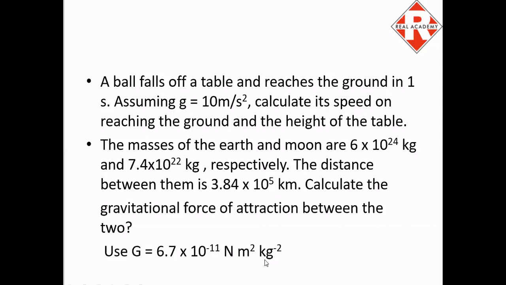So let's just draw a small diagram so that you understand it in a better way, right? So we are solving question 5th, part E, right? So what do we have? We have a table basically, right? So we have this table and on the table we have this particular ball and this ball is falling downwards, right? So the time it takes to reach the ground is 1 second.